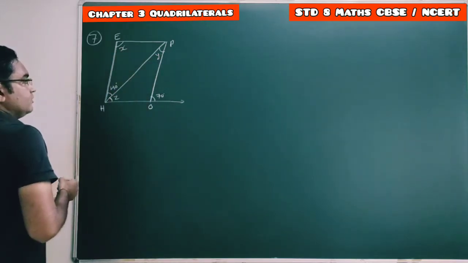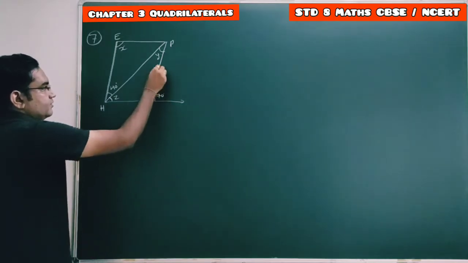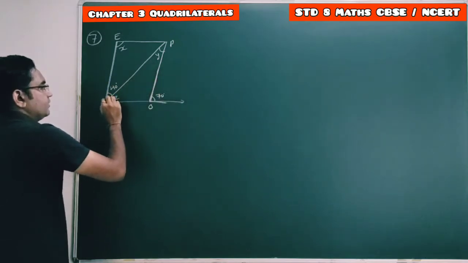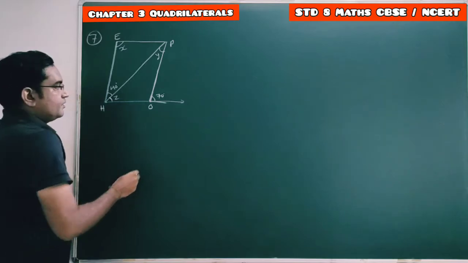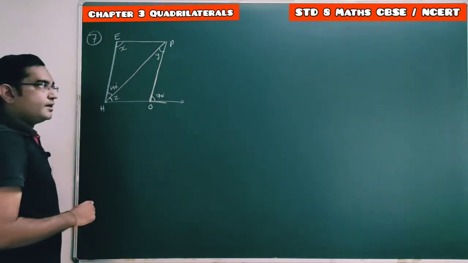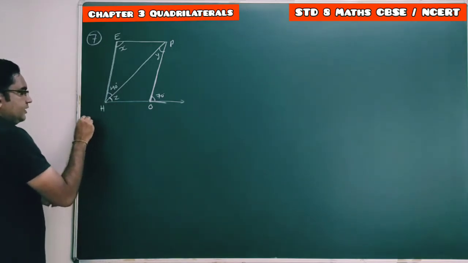So first here we can say this angle 70 is nothing but the exterior angle for this triangle HOP. So can we apply the exterior angle property? Exterior angle is equal to the sum of its opposite interior angles. Done. So here the first property is, in a triangle,